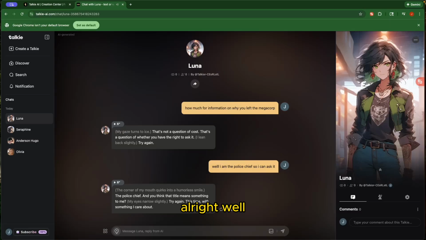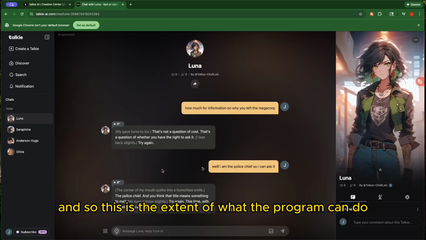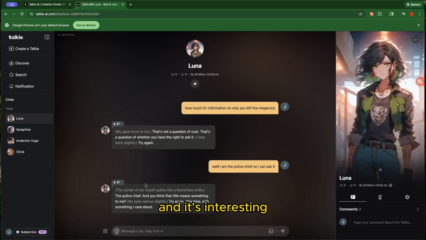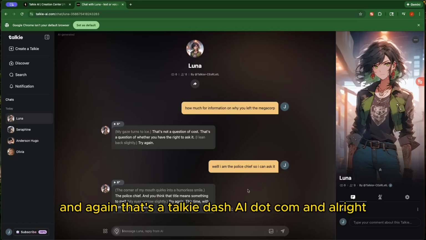Alright, well, it's just kind of chatting here, and so this is the extent of what the program can do, and it's interesting. If you want to create your own little character or test out others' characters, you can go ahead and do that. And again, that's Talkie